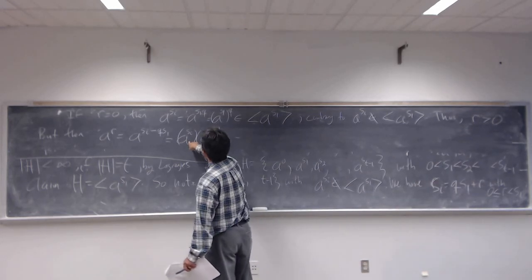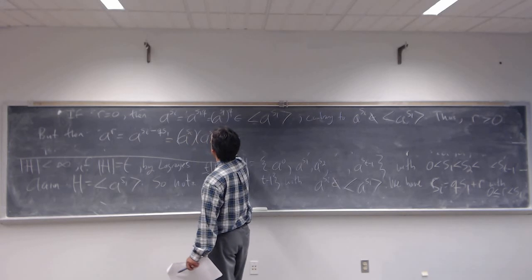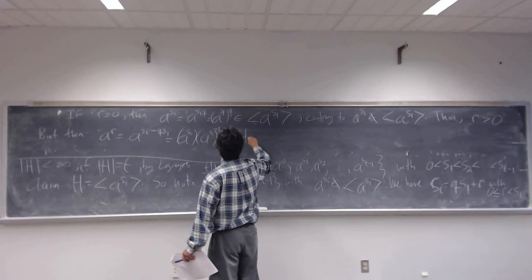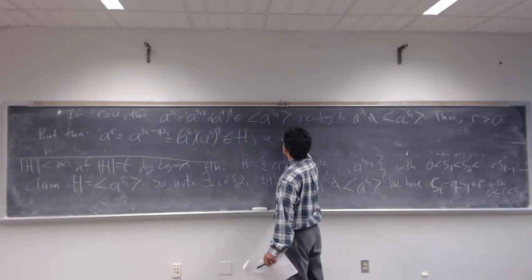But this is in H. A to the Si is in H, a to the S1 is in H, so the inverse would also have to be in H. So this would have to be an element of H. A contradiction